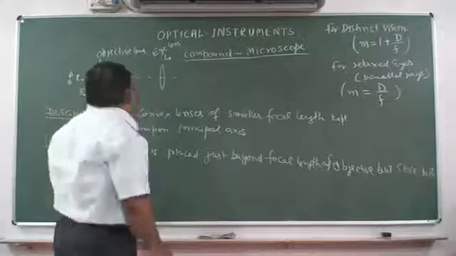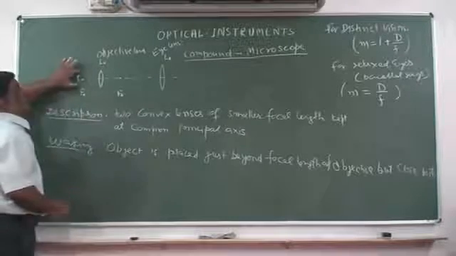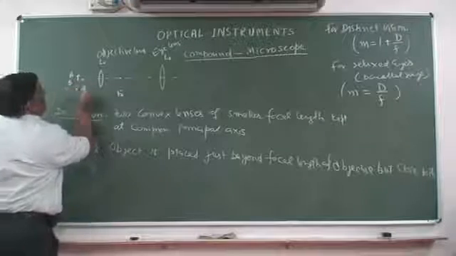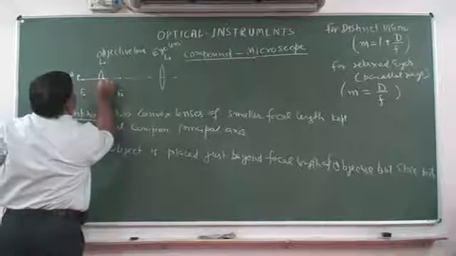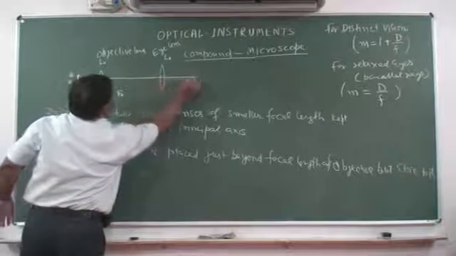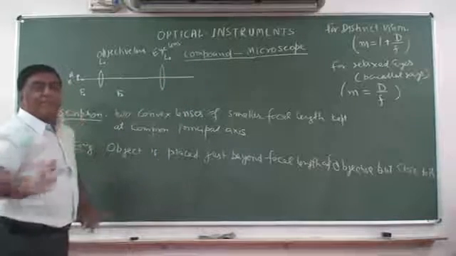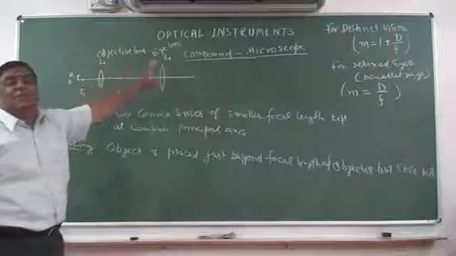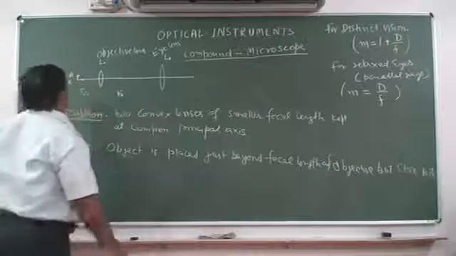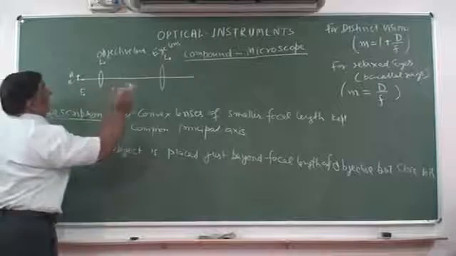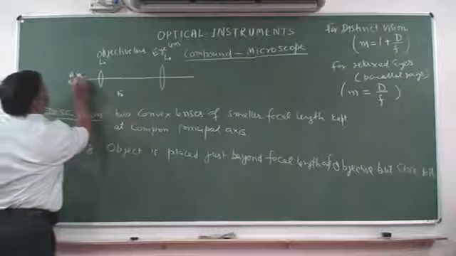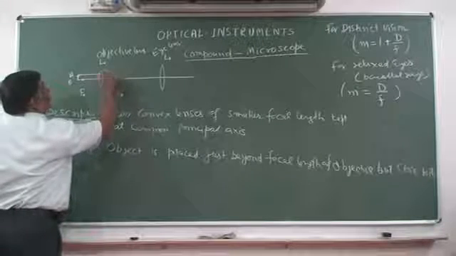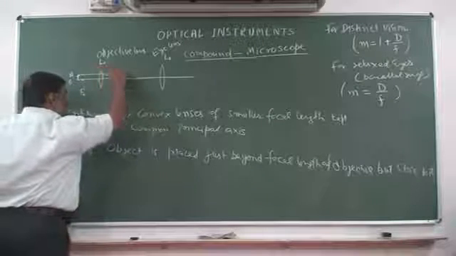Okay, now what happens? We have to find how the images are formed. The rays coming from B will be on the principal axis, so no problem for B. The image of B will always be on the principal axis without any deviation, without any refraction. Now we will see where A is formed. There is one parallel ray coming from A that has to go through the focal length. It goes through the focal length.